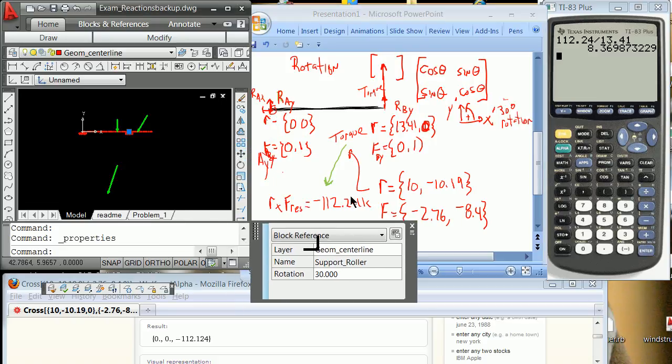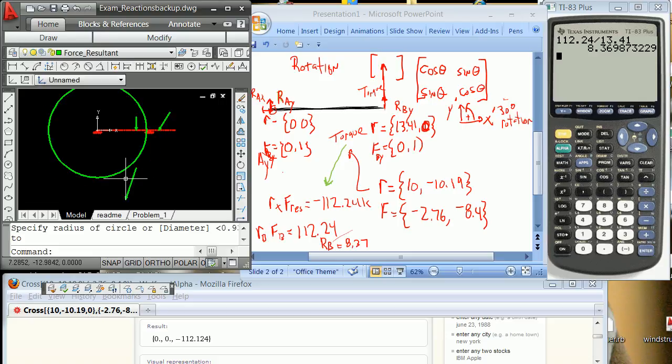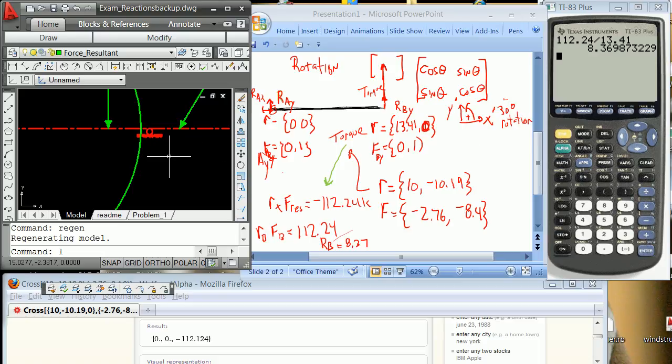But I want you to realize that in reality, this problem is probably in the end best solved by doing force orthogonal distance or comparing circles. So I'm going to do that right now. Circle from the insertion point of my block over here, or 0, 0, perpendicular to that line. That's one circle. And the other circle, if you notice, this is oh so close, regen. That other circle basically is that 13.41. So when I list this,